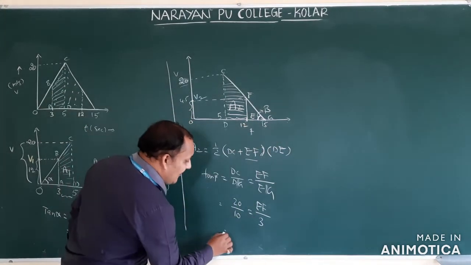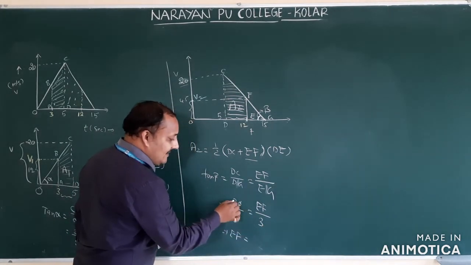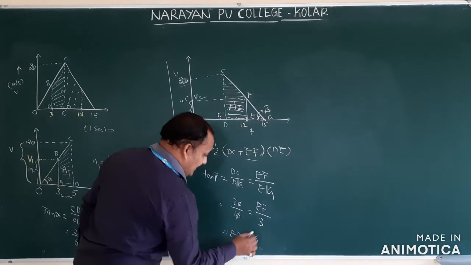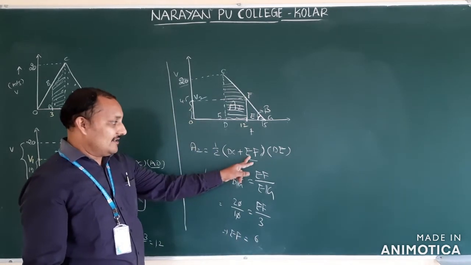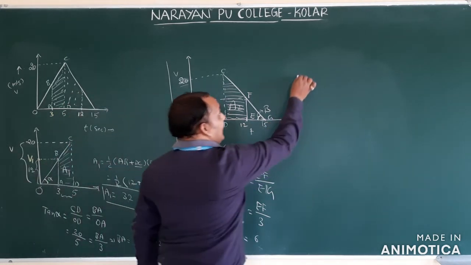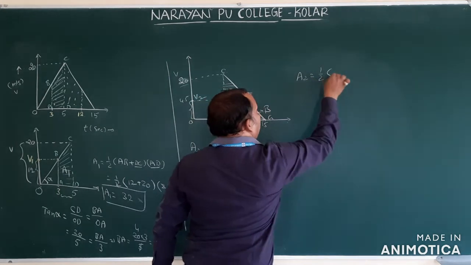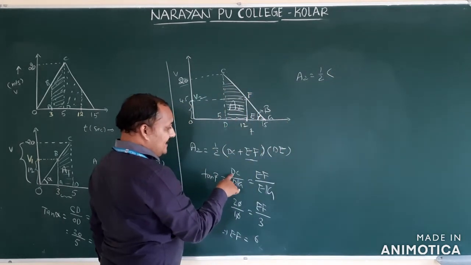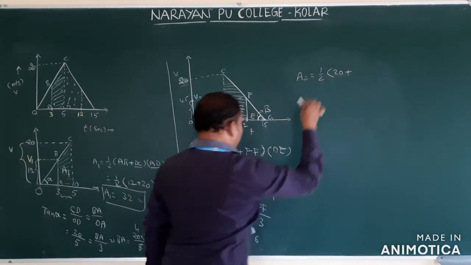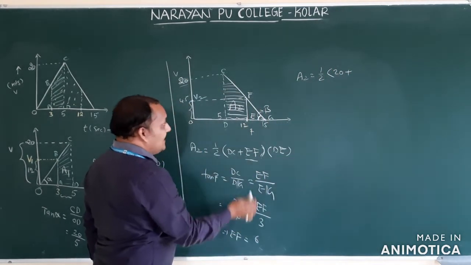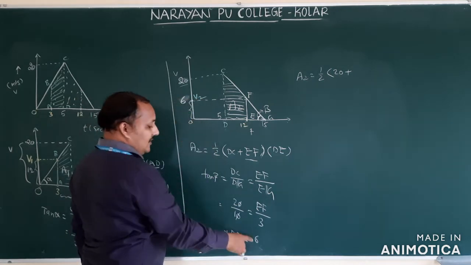So then EF is equal to, this 0 will be cancelled, 3 will be coming here, 3 into 2, 6. EF value, how much did you get? 6. That one only we have to calculate. Substitute here. The EF value, then the area of trapezium A2 is equal to half. DC value, how much did we get? 20. Plus the EF value, how much did we get? 6.